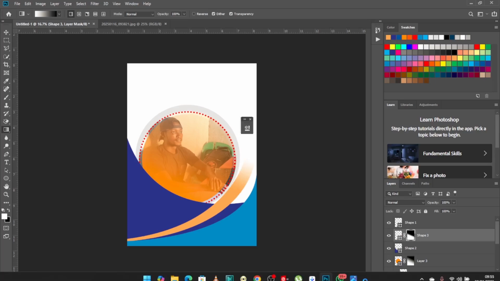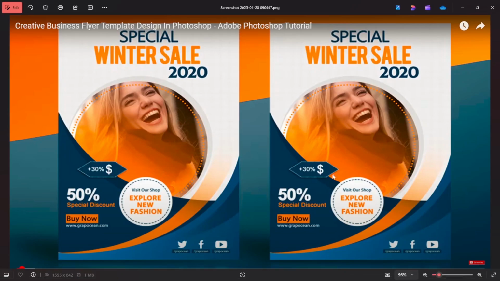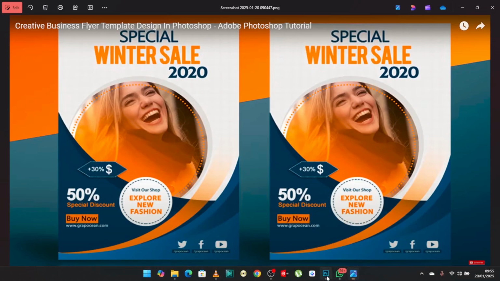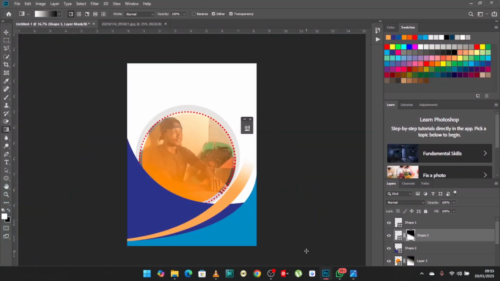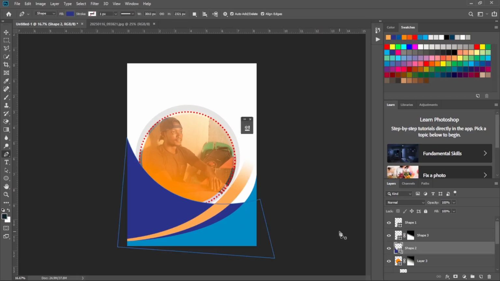So let us come and see our project. That's how it is showing. And then we are now going to struggle with this line here, this one here. How shall we do it? Let us come to Photoshop. After reaching at Photoshop, get the pen tool, then select shape 2, then mark, then come and drag,